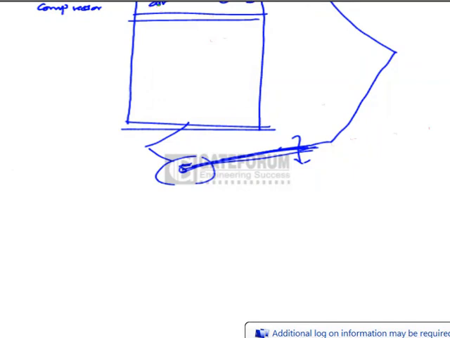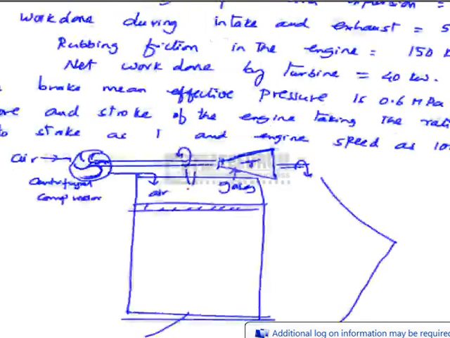The air at high density is supplied into the cylinder at a higher density than the atmospheric air. Atmospheric air enters the compressor where it is pressurized, and then this air goes into the cylinder at higher density than the atmospheric air, and the air is compressed. We have the fuel injector, which will supply the diesel fuel into the combustion chamber, and the diesel is ignited because of the high temperature air, and